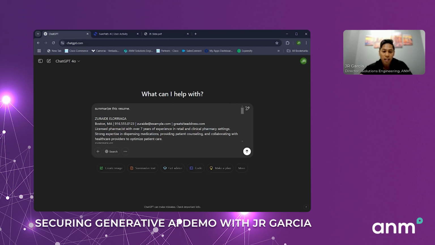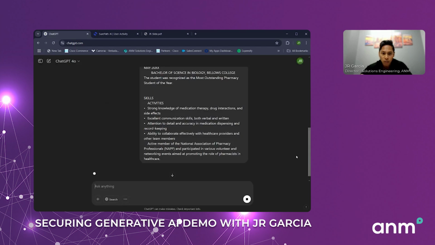Now, in the background, I am running the tool called SurePath AI. What that does is it redirects any traffic going to any generative AI applications through their cloud where we can apply a control policy to it. And so what I've done ahead of time is I've blocked any PII from getting uploaded. So what this will do is recognize that there's some personal identifiable information in this query and it should block it. So if I ask this to summarize this resume,